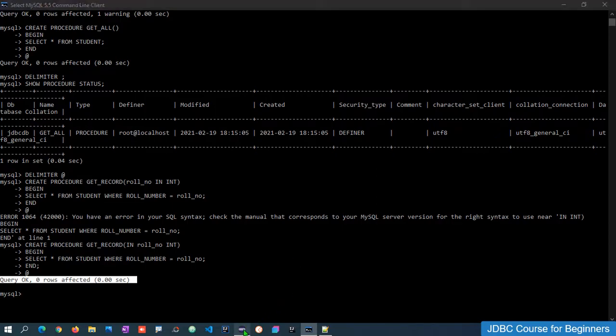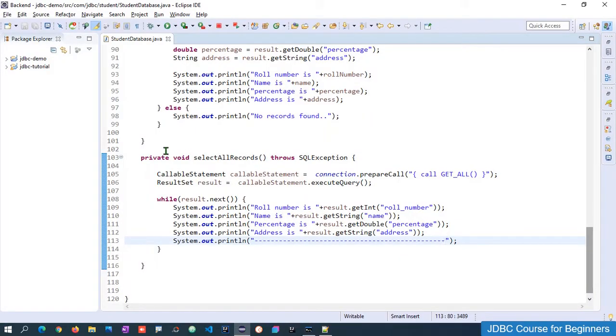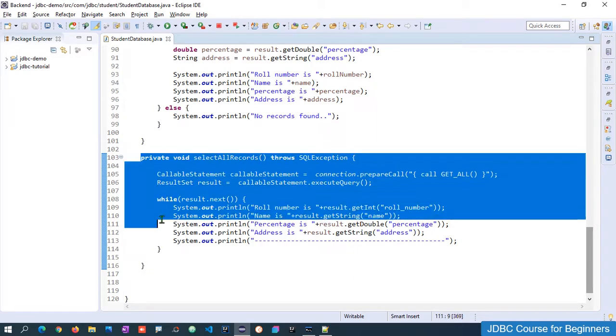Let me go back to this one, and let me create one more method so that you will get the difference between how we can send the parameters and how we can call the stored procedure without any parameters. Let me copy this private void select all record.